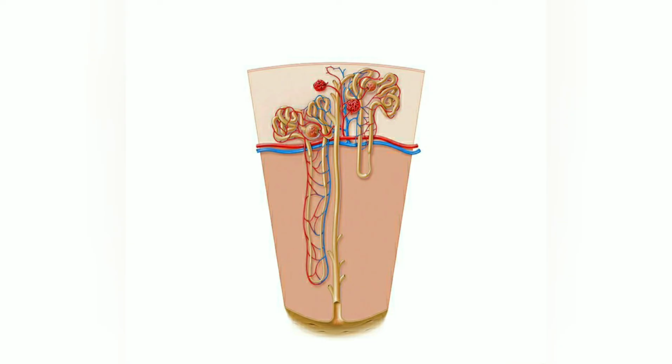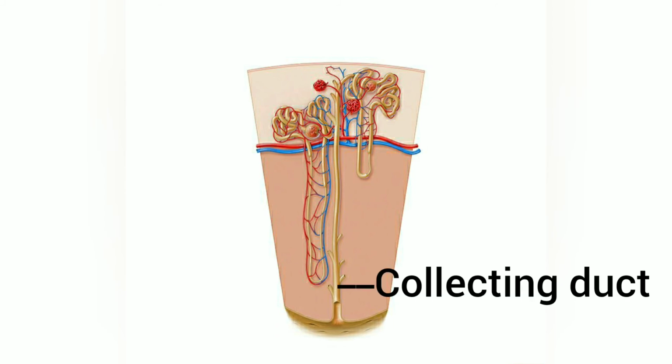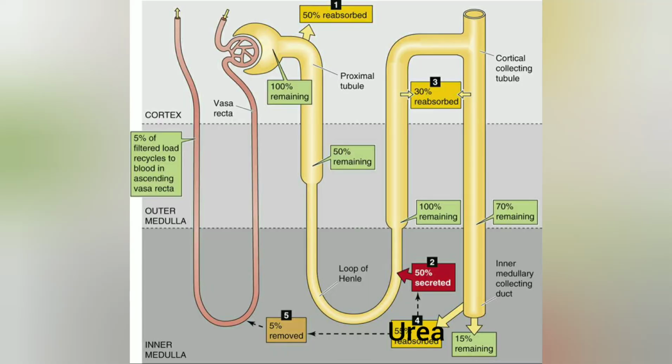Now, the cells present in the wall of the deep medullary part of the collecting duct. We have already seen the collecting duct. The collecting duct ends in the medullary part. The wall of the deep medullary part is permeable to urea. Now, as the concentrated urine flows through this collecting duct, urea diffuses out from urine into tissue fluid, and from tissue fluid it goes into tubular fluid, flowing through the thin ascending limb of Henle's loop.